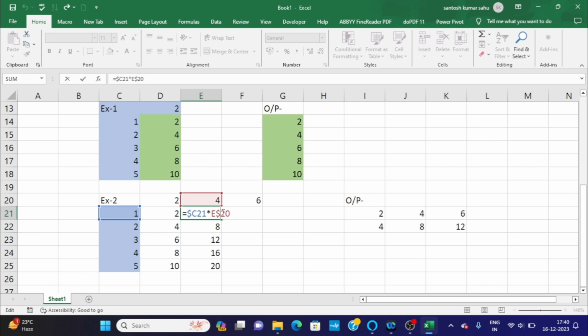It means it will go from E to F, F to G, because before E we don't have any dollar symbol, we didn't freeze that column section. So it will move from E to F to G like that. By simply writing or simply pressing enter, you can see